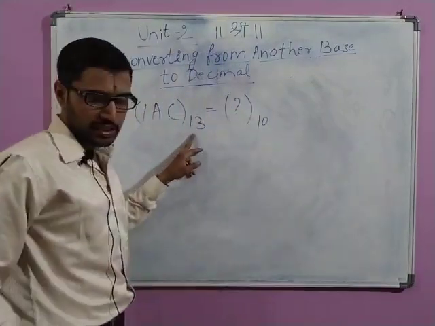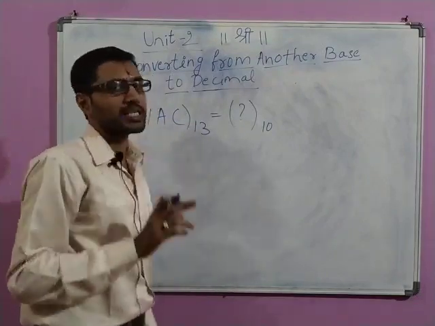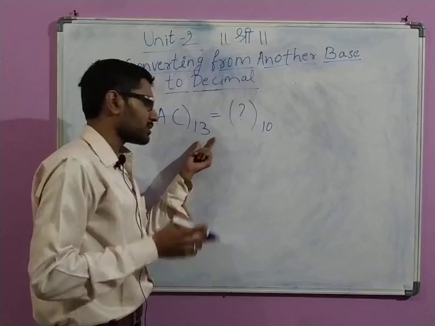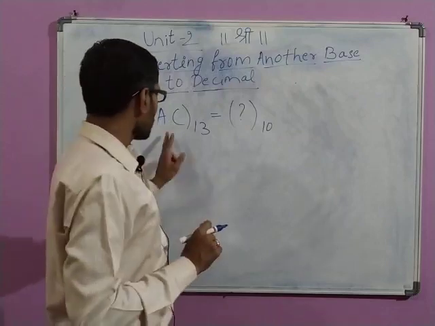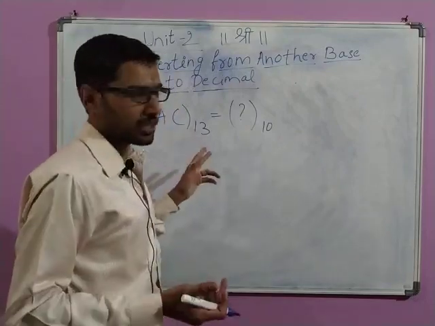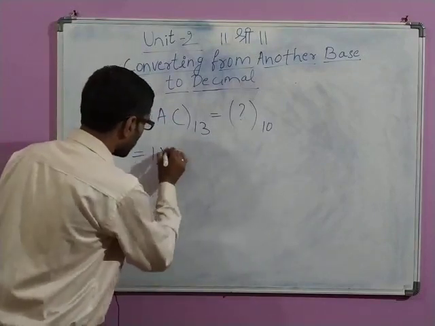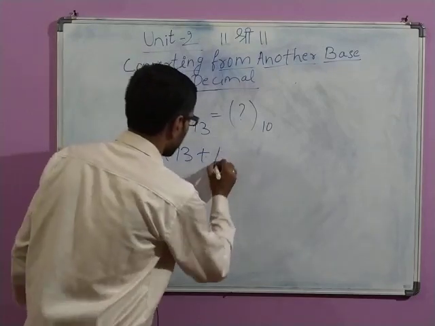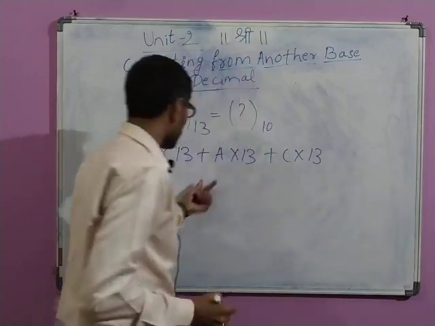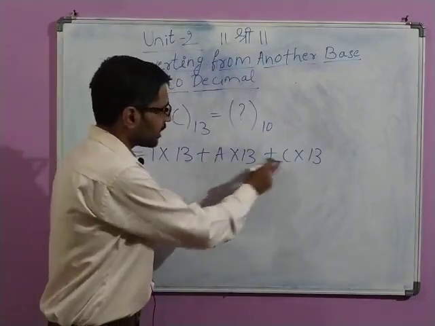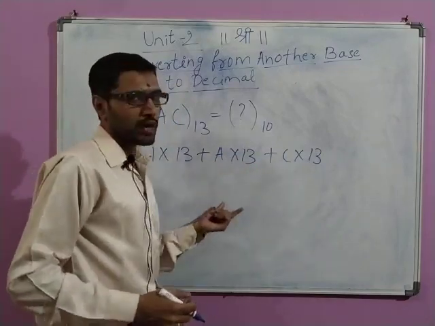So now the base is 13. Again, in this case also, if you have A and C, it doesn't mean that it should compulsorily be hexadecimal. It can have base 11, 12, 13 and so on, depending on what symbols or variables we have here, or ABCD, whichever alphabet we are using. So now let us take this example. 1 into 13 plus A into 13 plus C into 13. Initially you need to write like this and then replace the A to F alphabets, or whatever alphabets we have, with their values.